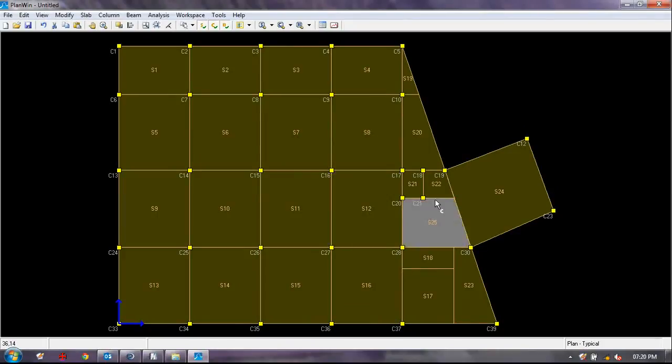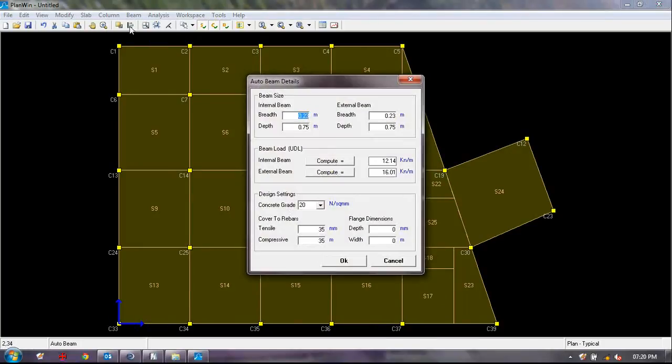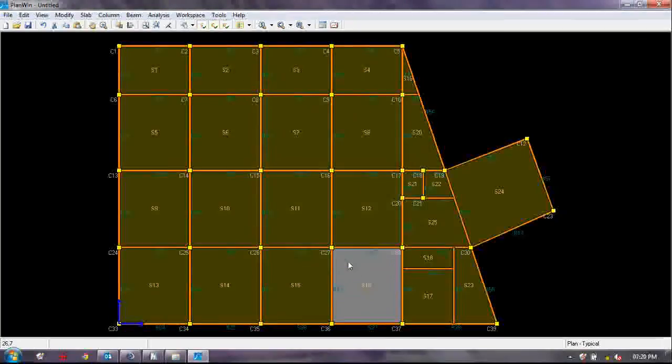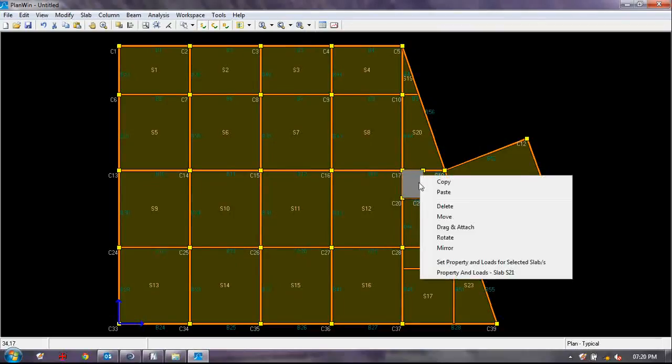Once I'm through with column locations, I'll maintain these column locations because I actually want to define a shear wall here. We'll see that as I go into the vertical frame module. I need to create the beams. I just go and say auto beam, click a button, define the parameters, one click, all the beams have been defined. I can go and delete a slab,